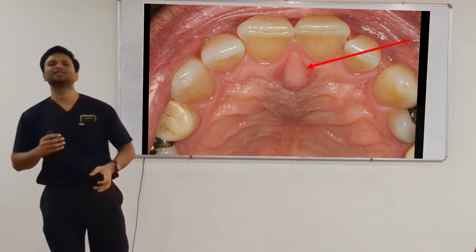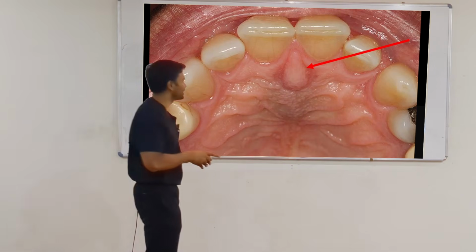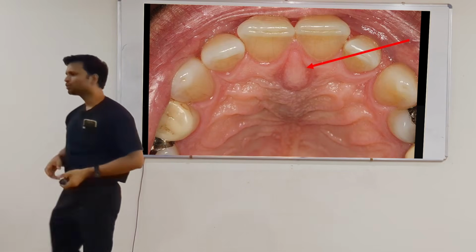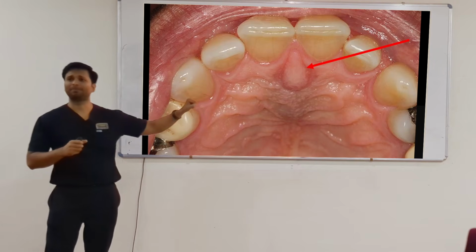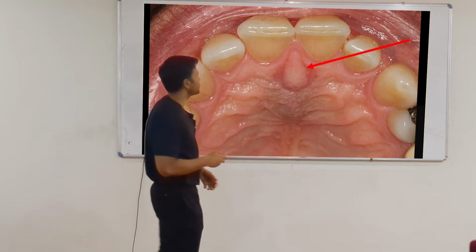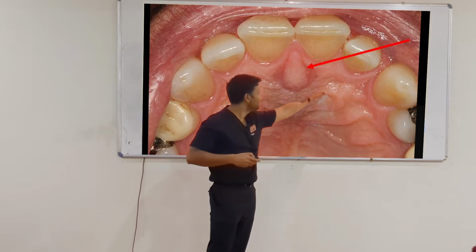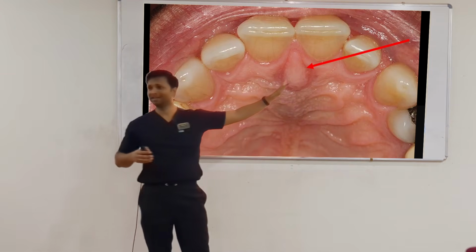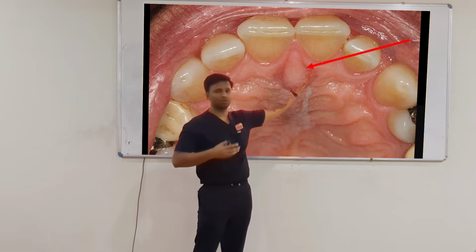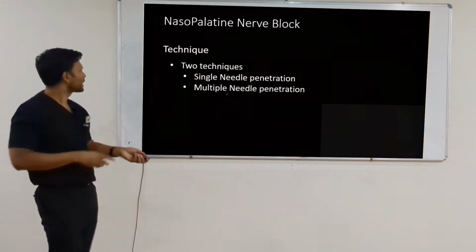If you touch the palate like this, you're going to feel it more than the usual in the other areas of the mouth. So this is very sensitive. If you insert the needle directly in the incisive papilla, the patient is going to be in a lot of pain. So that is why we want to avoid inserting the needle here. We insert the needle here and approach at a 45-degree angulation. Once you have inserted the needle, the needle tip is going to be overlying the foramen.